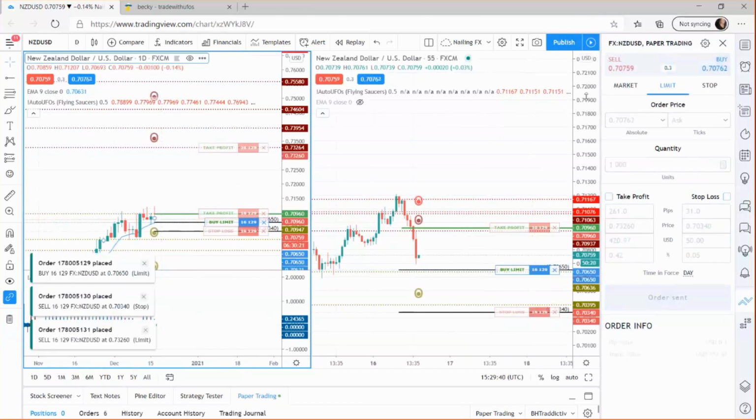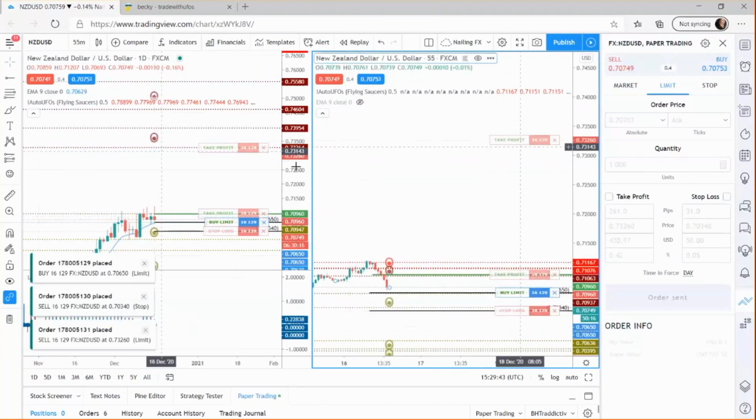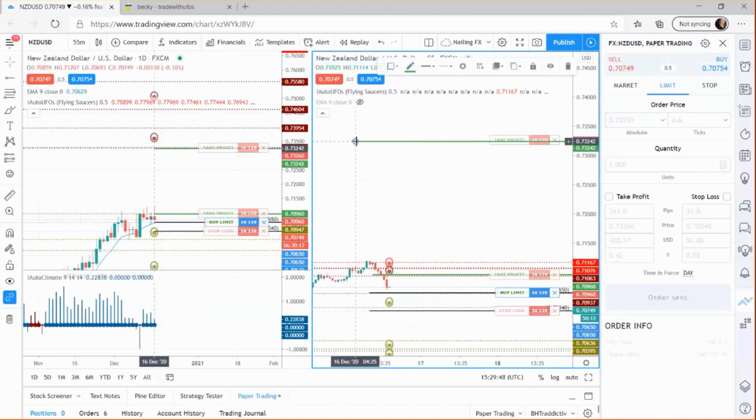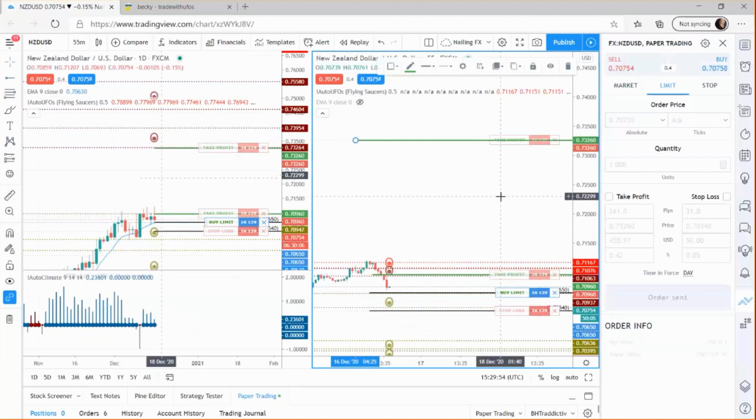And then we'll see if I switch this down, we'll see that other target has gone up there. So again, I might take my horizontal ray and put it there just to have easy reference to it. So it was 7326. So that's putting in a trade start to finish by looking at where the probabilities lie, making sure that